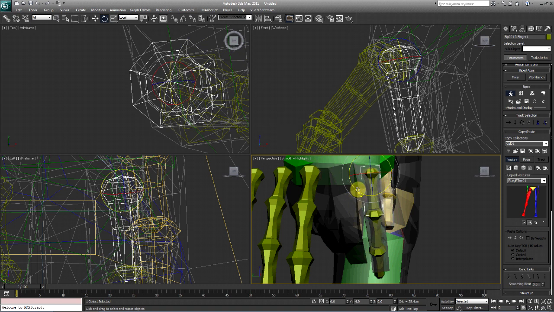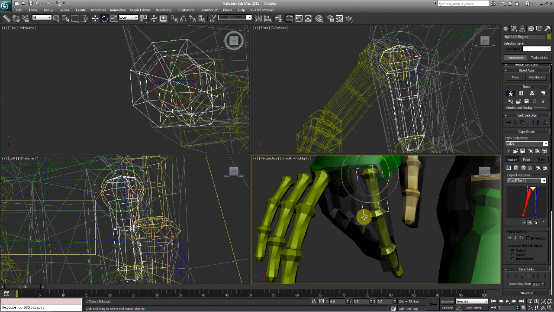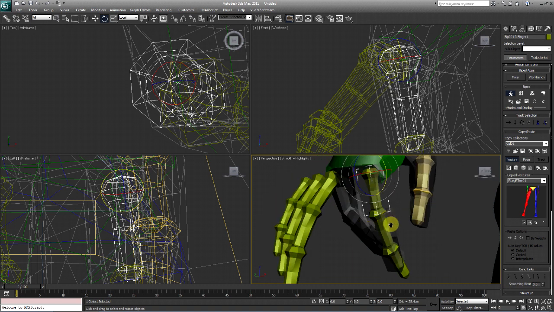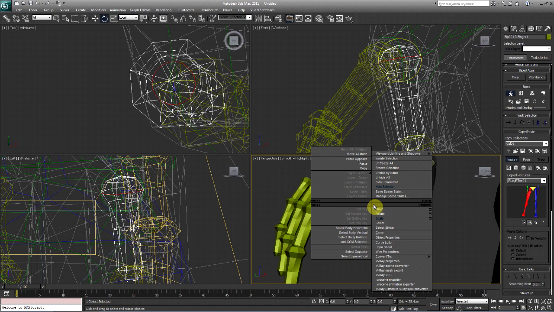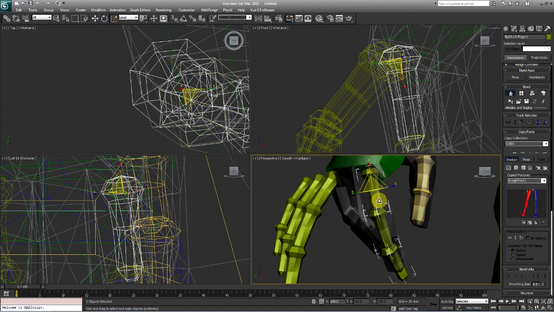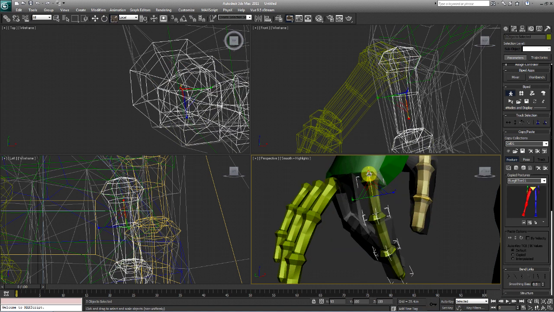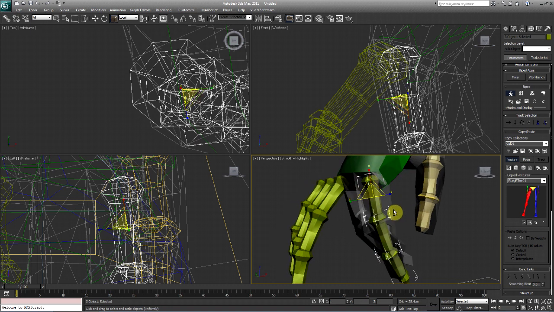Remember, you want to match it as best as possible. That is the only way that your rigging will come out decent, because like I said, this is almost a form of art in itself, and it does take a lot of time. It does take practice and patience.